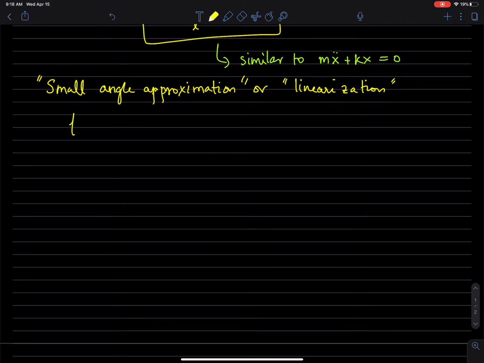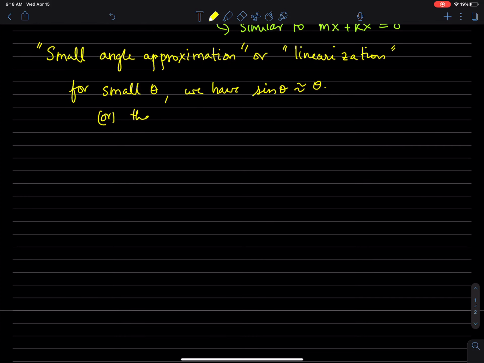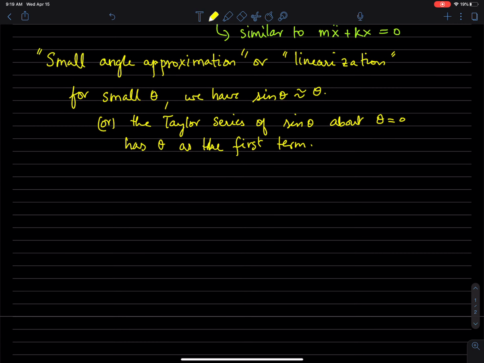Which is to say, for small theta, we have sine theta approximately equal to theta, or the Taylor series of sine theta about theta equal to 0 has theta as the first term. Okay, so replace sine theta with theta,